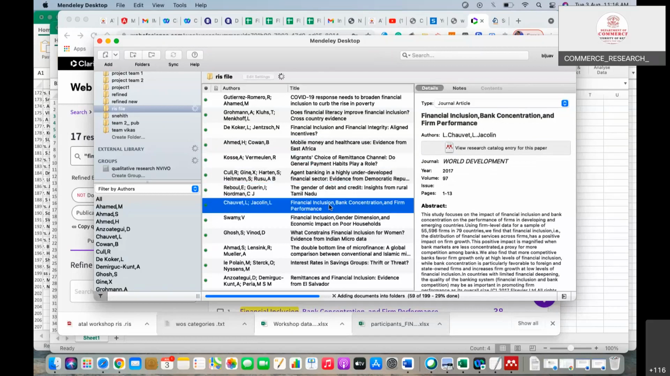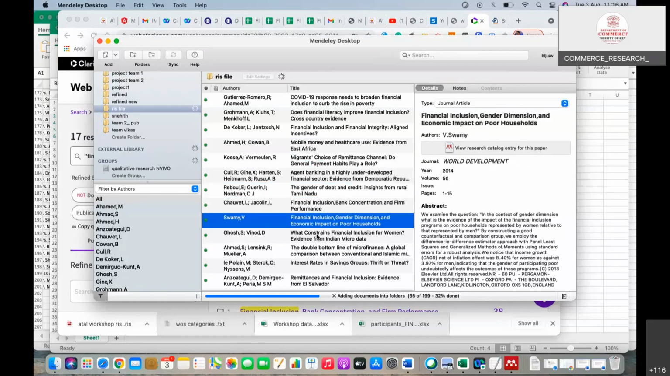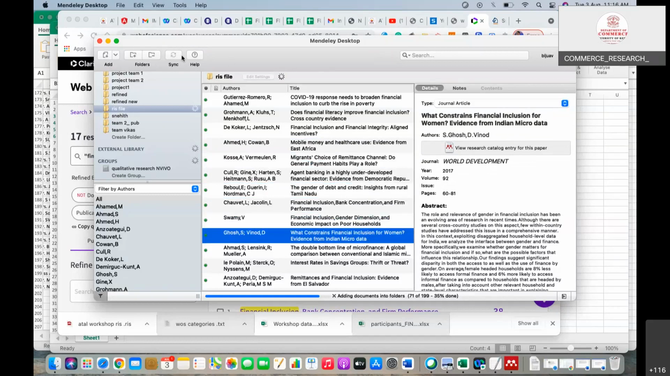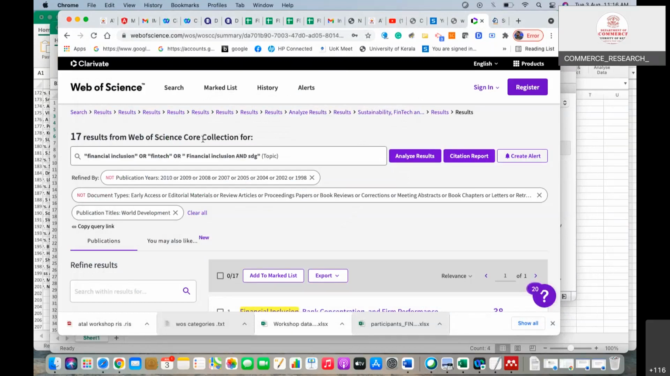So you can read all these files. You can cite if you want, and you can sync with Microsoft Office Word, and you can do cite all these things. Okay. So